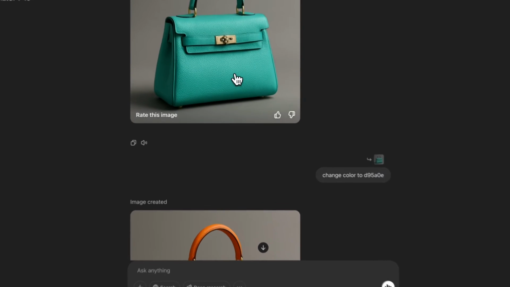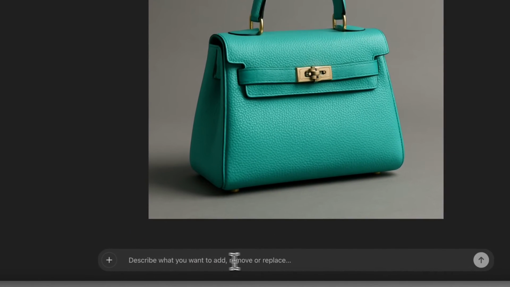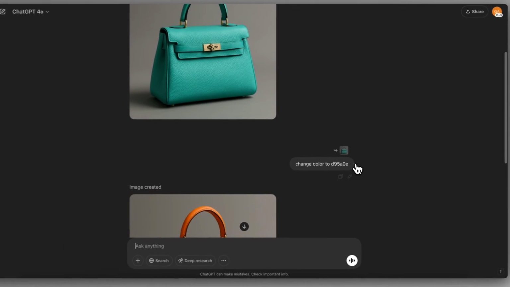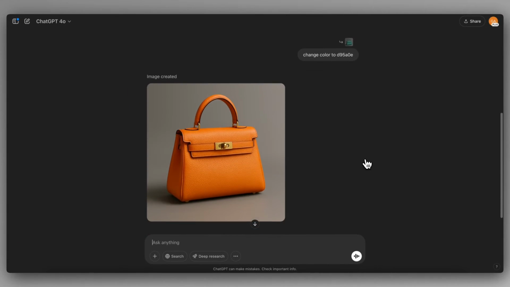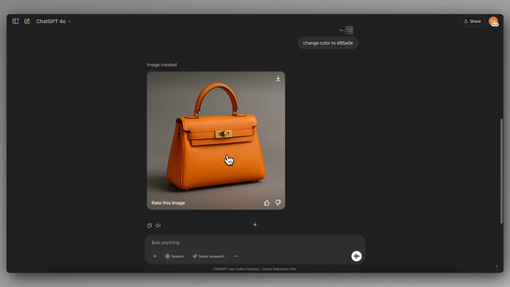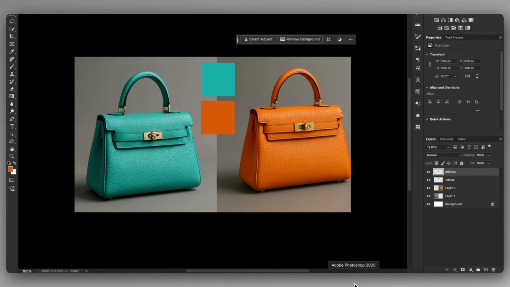So then I did a remix of this image by clicking on it and just typing in this box down here, change color to, and then I've given it a different hex color reference. And then a few moments later, it spat out this image of the same bag, or virtually the same bag, in this new color. So what I did then is download these images and bring them into Photoshop alongside the